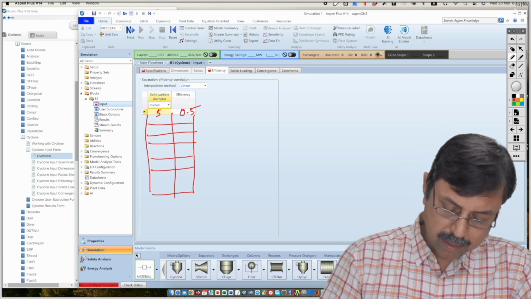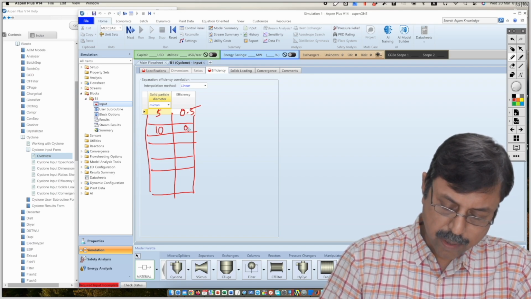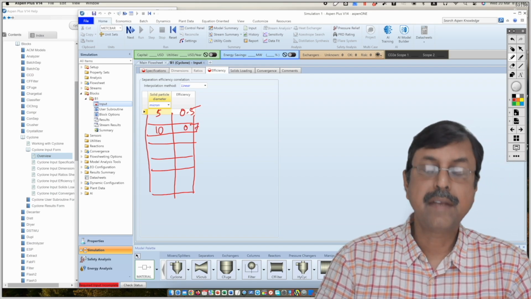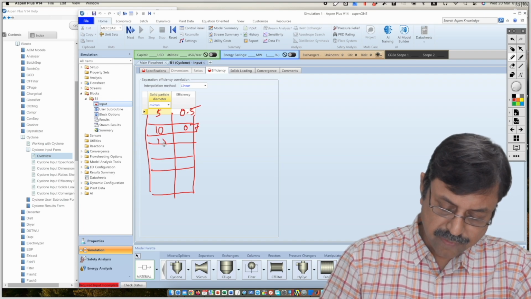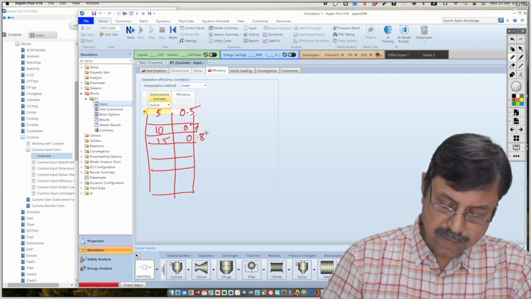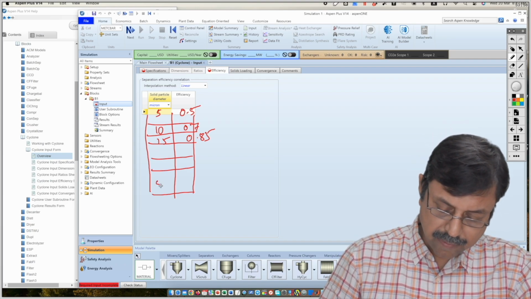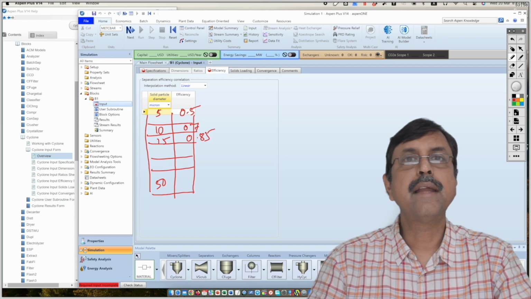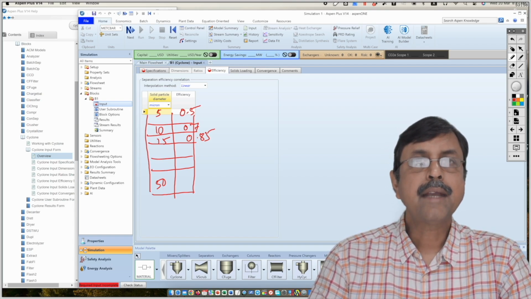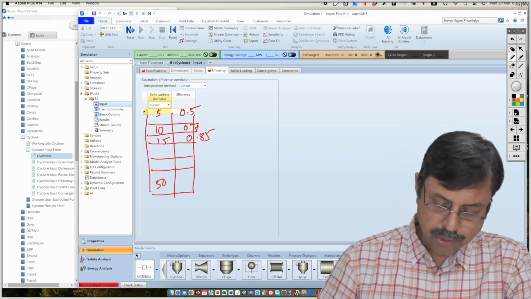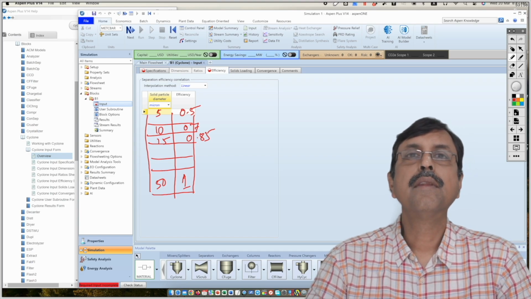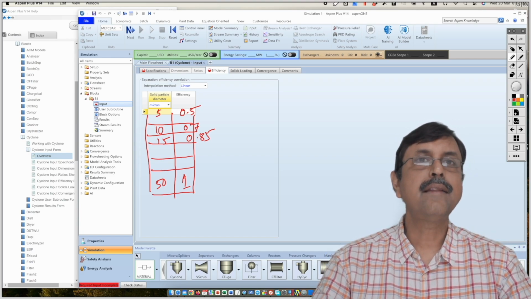For 10 micron, the efficiency is 0.7, that is 70%. For 15 micron, the efficiency will be 0.85, and so on. And at 50 micron, in the example that we have discussed a few minutes back, for 50 micron, it should be 1. So if you provide this data